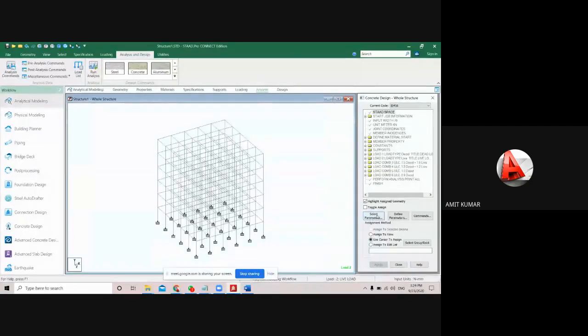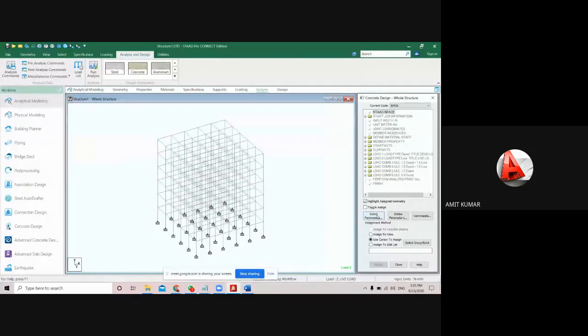So according to that you have to select a few parameters, but if you don't select any parameters, the software will automatically apply the default values. Sometimes we work on the default values and sometimes we have to change the values, like we have to provide the compressive strength and the yield strength also.